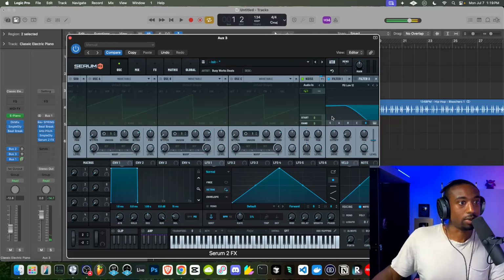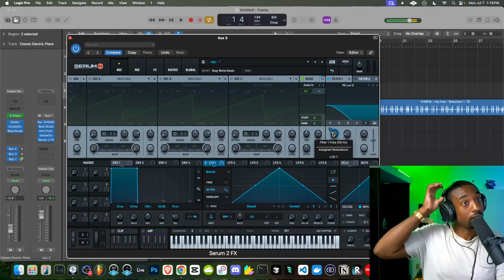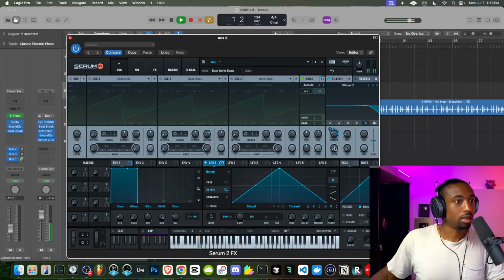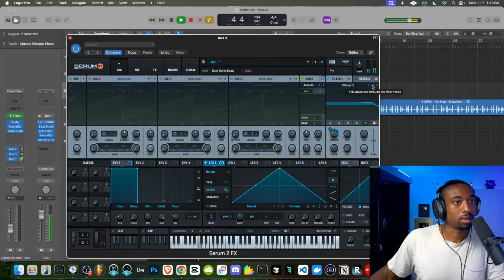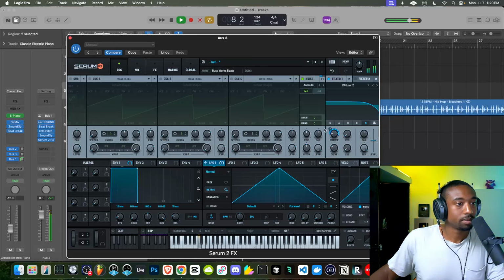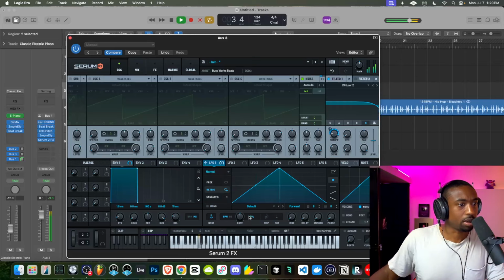We could do things like add a filter over the reverb, and we can add an LFO so it moves over time. So now you have a unique chain of events. You have the reverb, and then the reverb is going through a low pass LFO. Now you have a unique type of sound. Now I would not do this for this song, but I'm just showing you guys techniques. And you can change out the shape of modulation as well. Let me see if I can load up a shape here. Here we go.